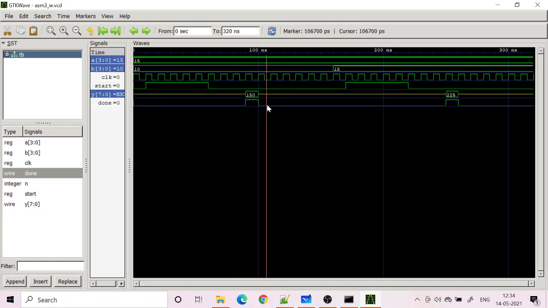Why 8 clock cycles? You can think like this. The moment the start signal comes, we go to S1. S1 is for the adding operation, S2 is for the shifting operation. So add and shift are the two operations required for each bit in the multiplier, and there are 4 bits, so 4 into 2, 8 cycles are required for 4 additions and 4 shifting operations. After that is done, our result is available. So 15 into 10 is 150. Another example, 15 into 15, that is 255.